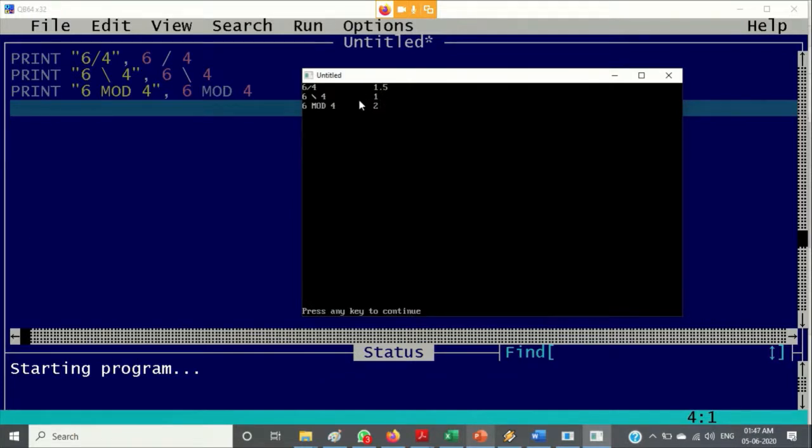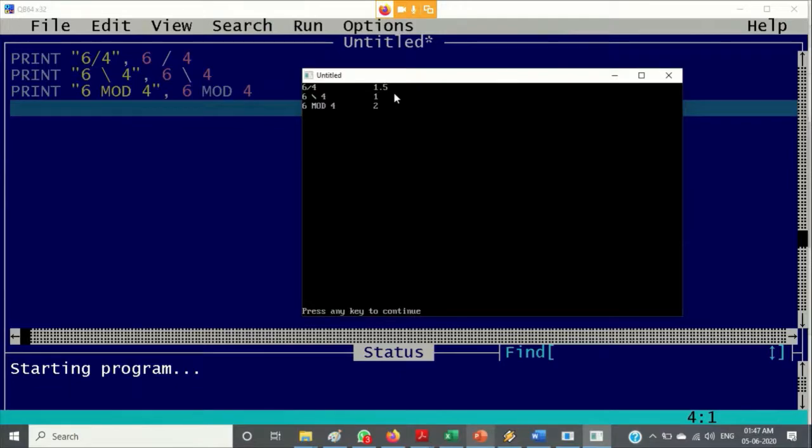The first one, 6 divided by 4, is the normal division where we get the answer in decimal. The second one is the integer division where I get only the integer part. And the last one I am getting the remainder. 4 ones are 4, the remainder is 2. Got it?